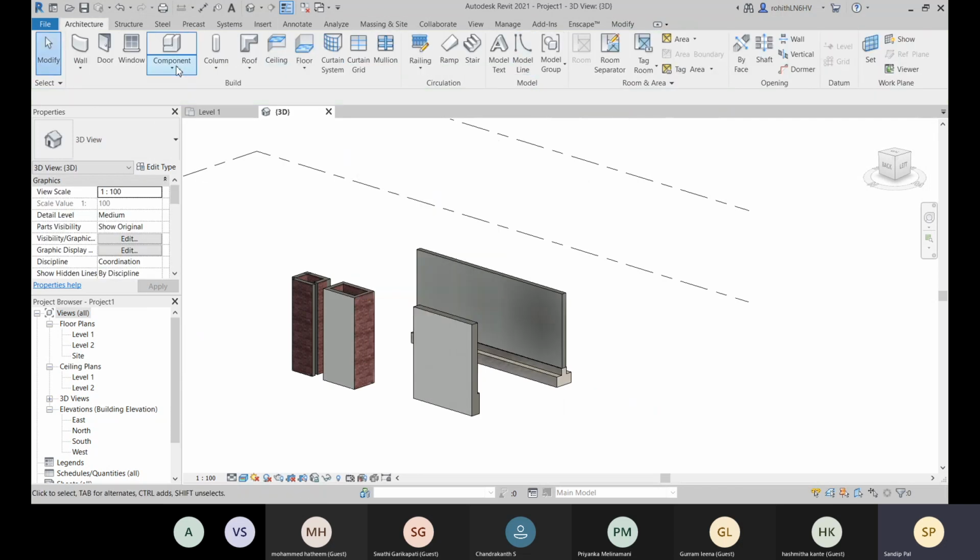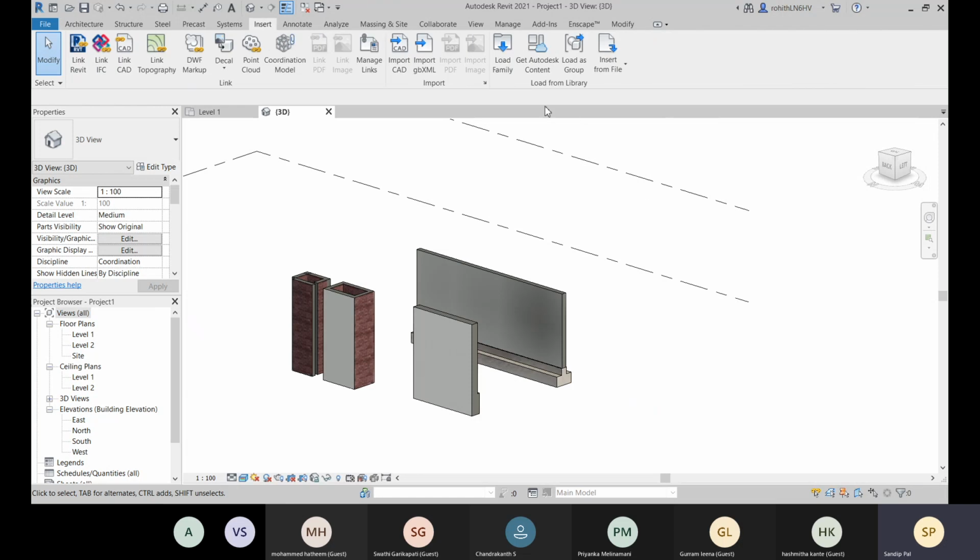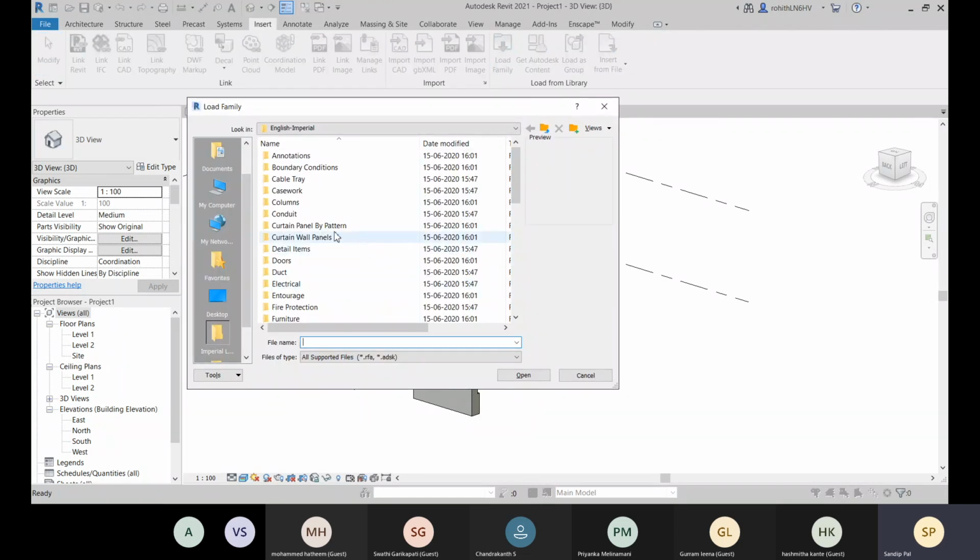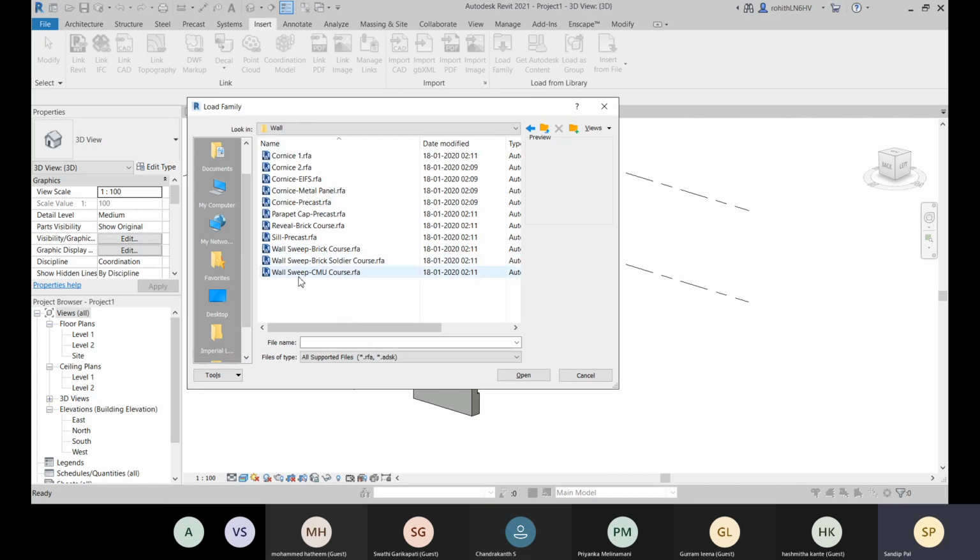If you need some variations, then go to insert, and then go to load family, and then you come to wall, or profiles, come to these profiles, and within that you have this wall, and you have this one, you have this one, so you can choose anything, or you will be creating your own profile for that. Okay, let's go with that.